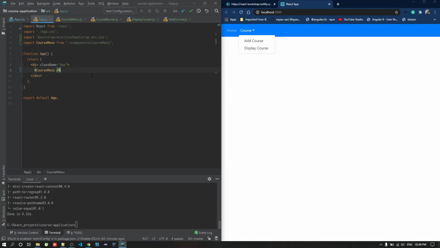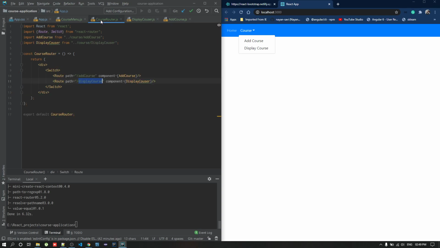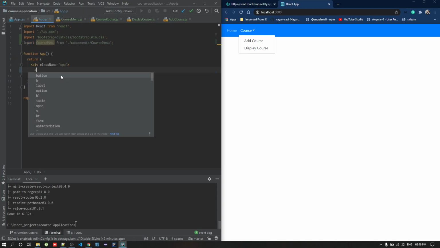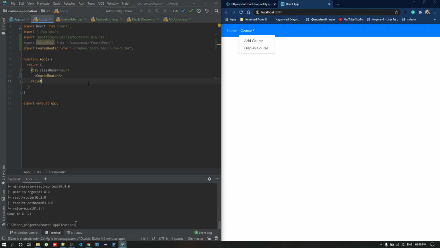So we need to add this course menu inside the router. I wanted, in this page, the router to be a root component, so I will add it in the course router.